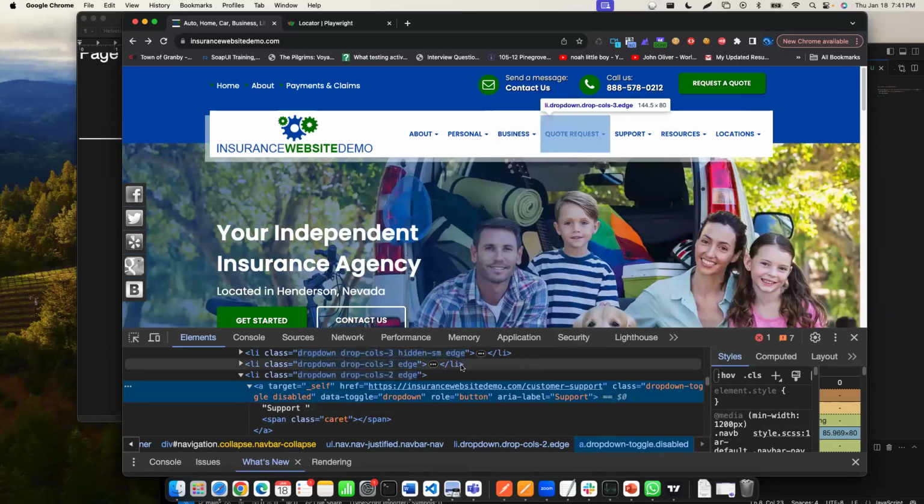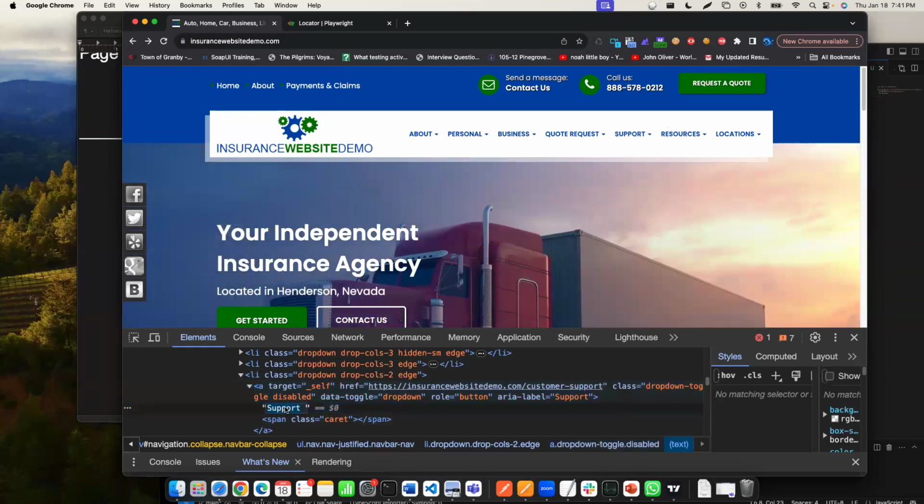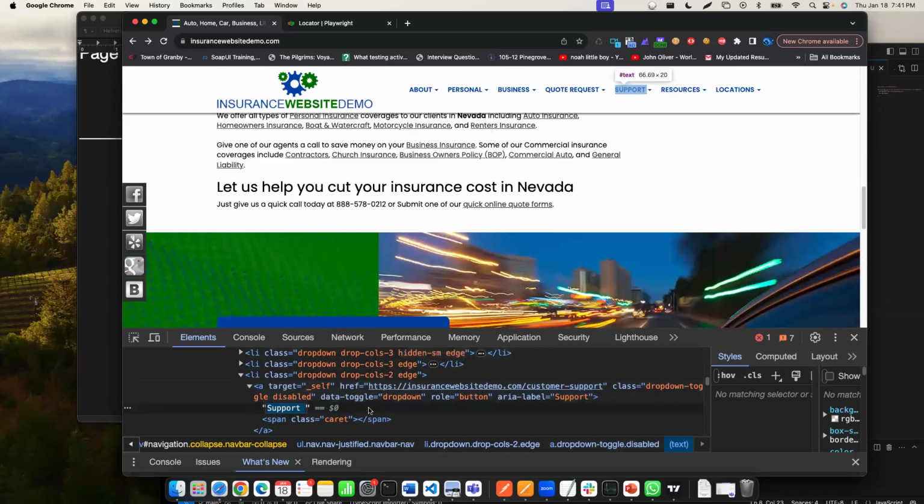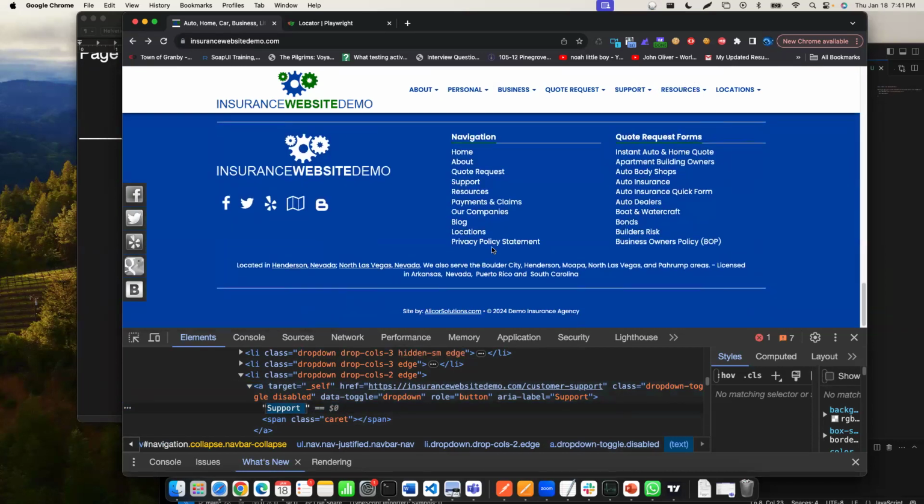Now, the great thing about Playwright is that it can also use the text itself. So support has a text. The only thing you have to make sure is that no other place in the application has the word support. If it does, then we have a problem. It's going to try to click on everything that has this text, right? So to be safe, I can say